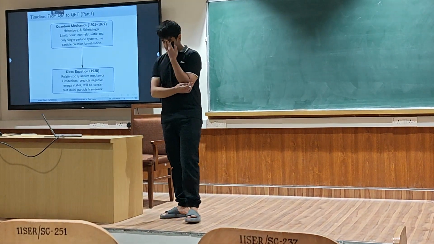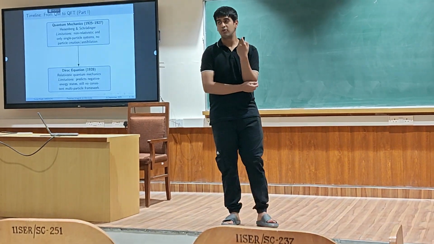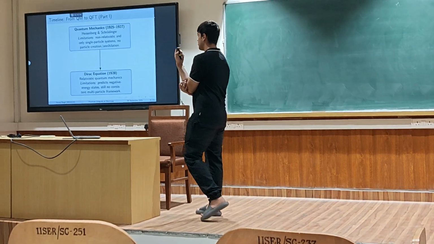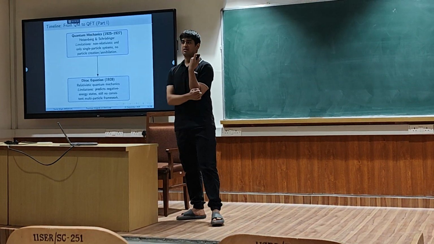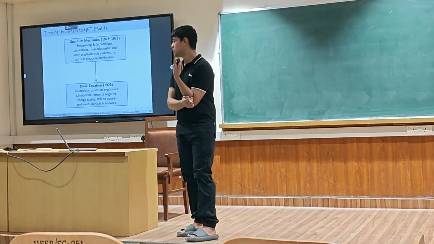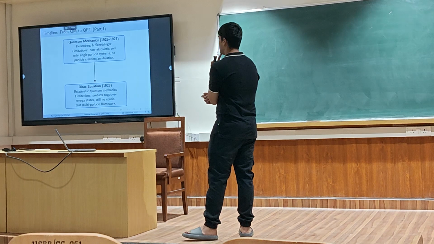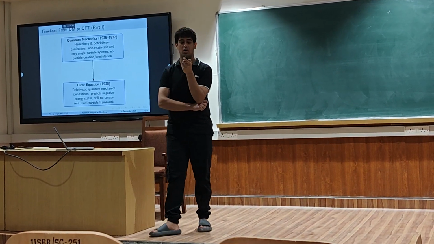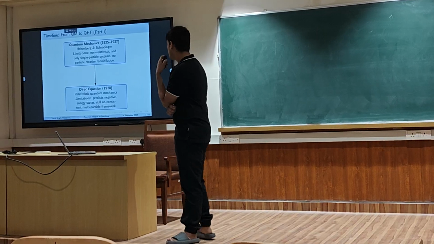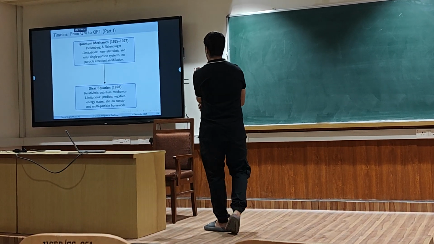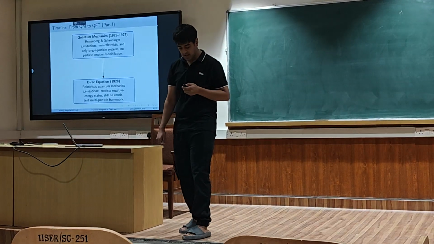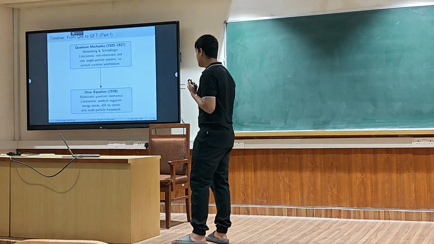We'll first start with how quantum field theory arises. In 1925, Heisenberg came with his uncertainty principle and Schrodinger his wave equation. The Schrodinger wave equation was non-deterministic in nature and had only a single particle solution. So Dirac later proposed his famous Dirac equation, where he combined special relativity and quantum mechanics.